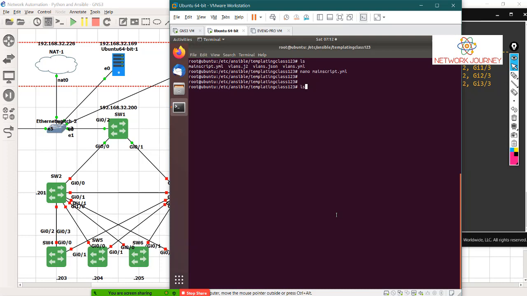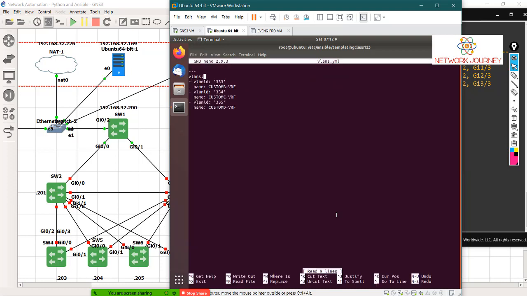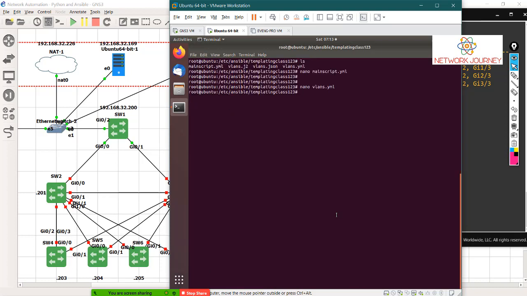Let's go to nano vlan.yml. I'll change the values to something like 6. I'll say it's E. Similarly, I'll change these values E, F, and G. Just to prove that YML is also good enough to execute the things.